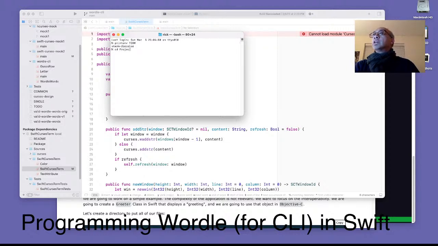If I go to projects, Swift CLI, Wordle CLI, and, if I change the terminal to be,